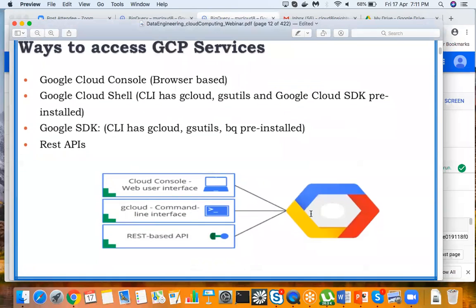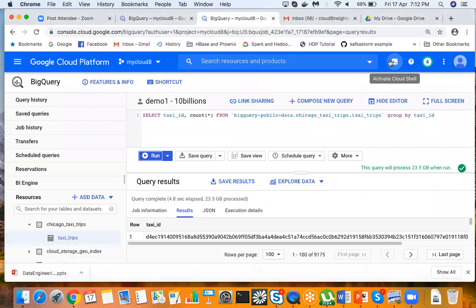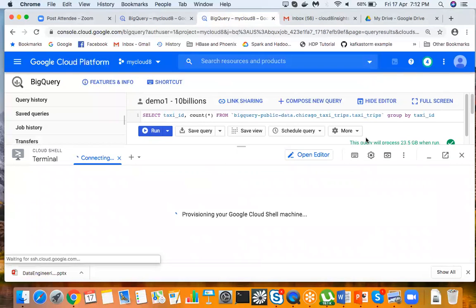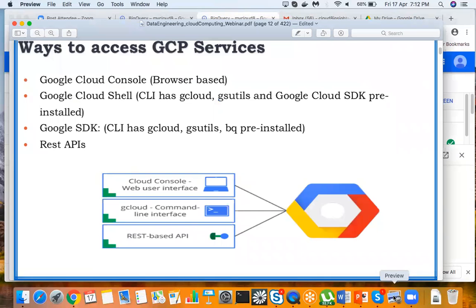So yes, there are 3 ways by which you can access your GCP services. I've already shown you that you can access your GCP services using Google Cloud Console. Second, you can access your GCP services using Google Cloud Shell. If you go here, on the right side there is an arrow and hyphen icon, known as Cloud Shell. You can click on this. It will give you a small virtual machine with 5 GB of storage. And then using this command line, you can access all the Google Cloud services. We will see all this in detail as you go through the course.